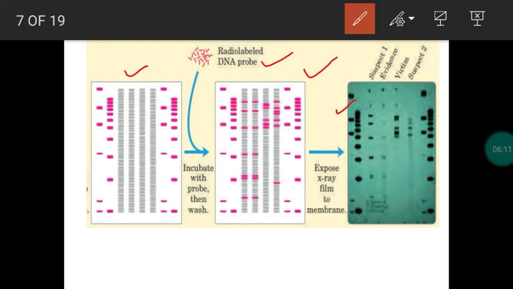So what are the steps we followed? First, a sample will be collected, like blood, saliva or hair, at the crime scene. Then the DNA will be cut into different fragments with restriction enzymes. Now the DNA fragments will be added to the gel. We are going to analyze it. We call the process gel electrophoresis.